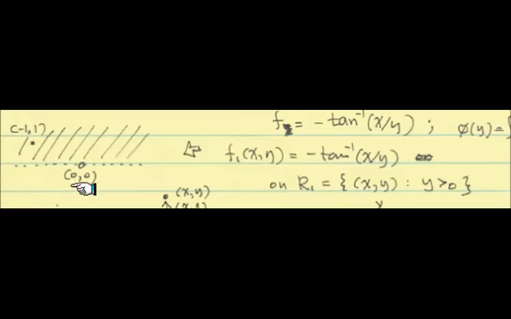I forgot to show this part. It's a summary. Across the entire upper half plane, we have found this function, negative tangent inverse of x over y. It's well defined, and this is the potential function for the vector field we've shown here. So it is conservative on R1. I wrote that in there, very poor handwriting, but it's convenient. It's conservative on R1.